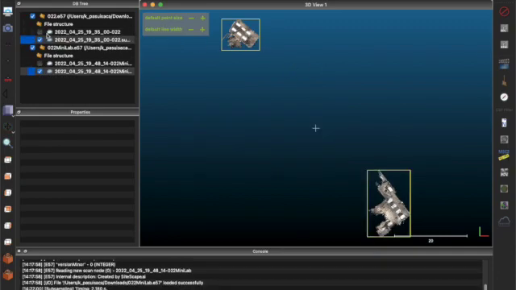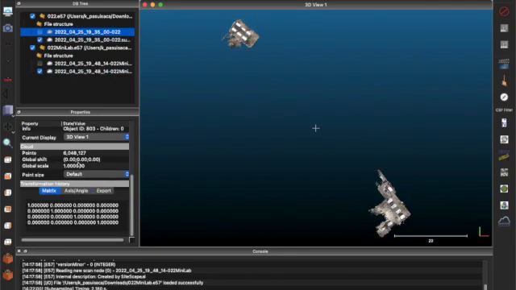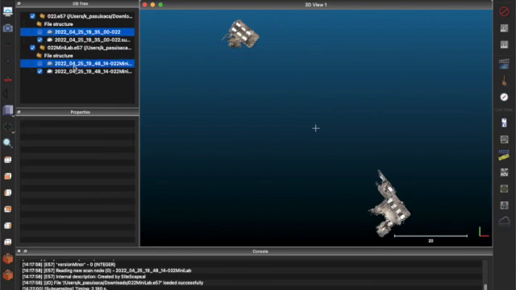So when we subsample, it does kind of rob the quality of the scan, as we could see. That's how the original is, and now it looks like that. So you kind of just have to keep that in mind when you're choosing a number to subsample from, because originally this was 6 million and this is 1 million now. So I'm gonna go ahead and delete the original scans